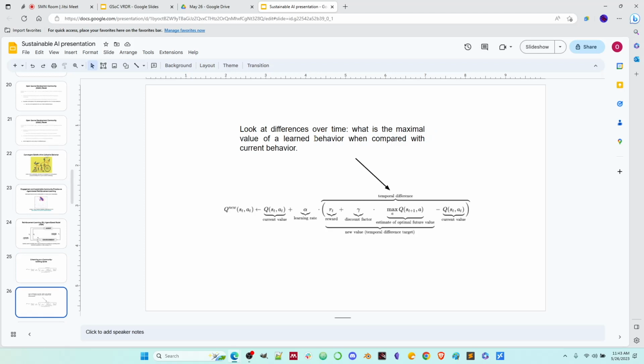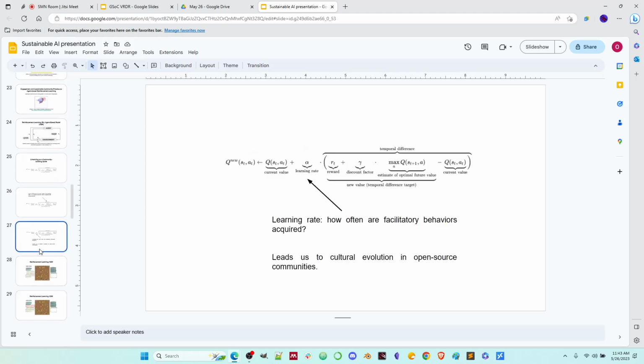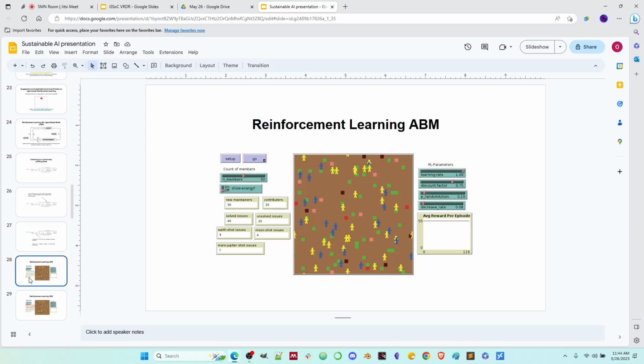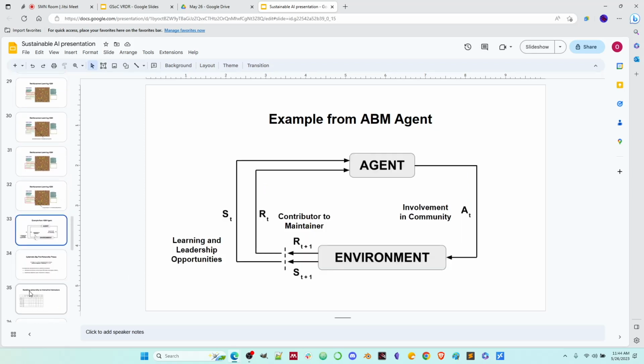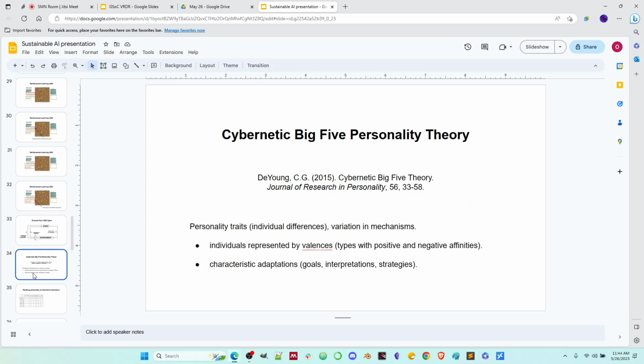What's the maximal value of a learned behavior when compared with the current behavior? And there's a learning rate, so we can actually see how quickly people adopt things in the community. So we have these different ABMs that we can run these simulations on, and then there's cybernetic big five theory,